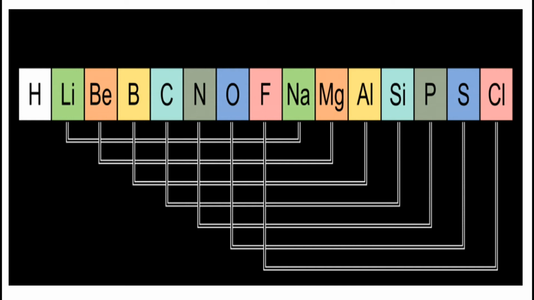The law of octaves states that when elements are arranged in the ascending order of their atomic weights, they fall into a pattern in which their properties repeat at regular intervals. Every eighth element starting from a given element resembles the starting element in its properties. Elements with similar chemical properties are present along a horizontal row.